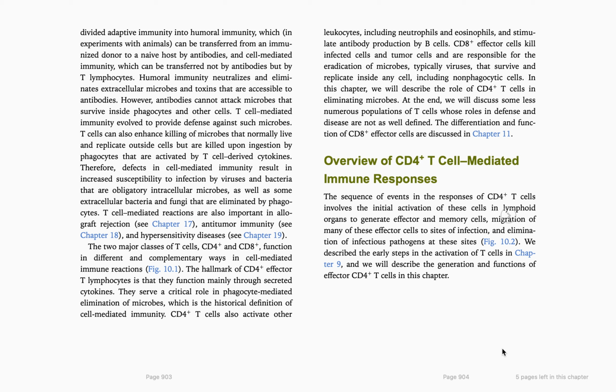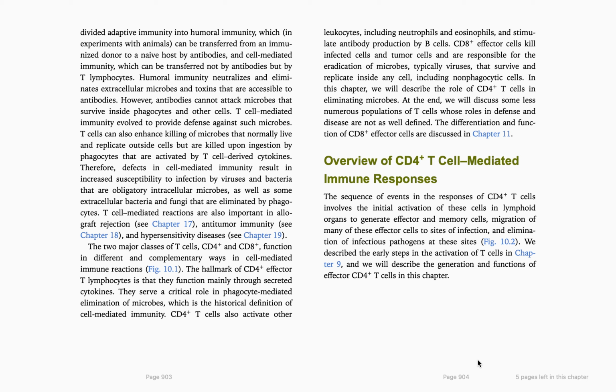The two major classes of T cells, CD4 plus and CD8 plus, function in different and complementary ways in cell-mediated immune reactions. The hallmark of CD4 plus effector T lymphocytes is that they function mainly through secreting cytokines. They serve a critical role in phagocyte-mediated elimination of microbes, which is the historical definition of cell-mediated immunity. CD4 plus T cells also activate other leukocytes, including neutrophils and eosinophils, and stimulate antibody production by B